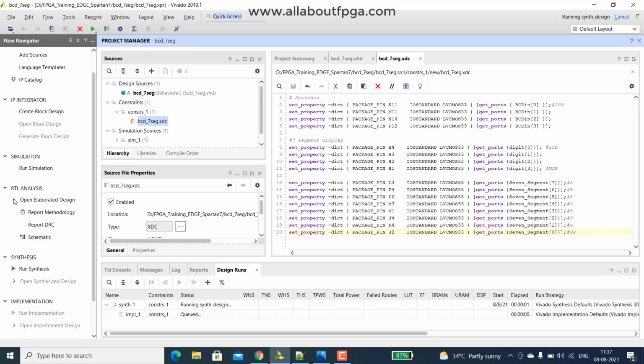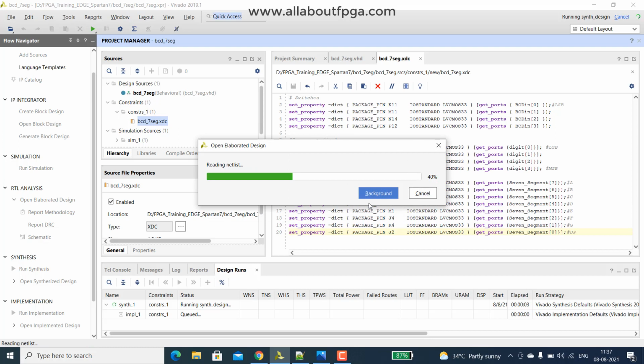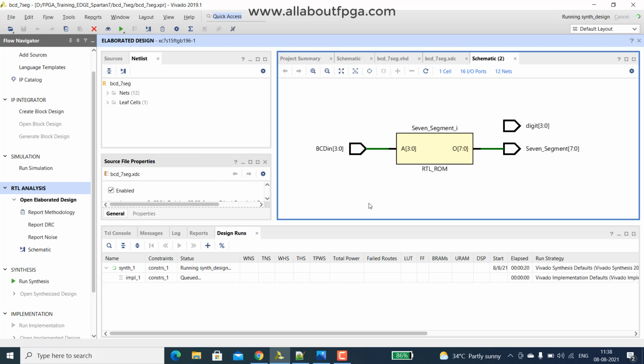So we visualize that RTL schematic that was created. We haven't assigned the digits any values. That's why it is hanging like this.